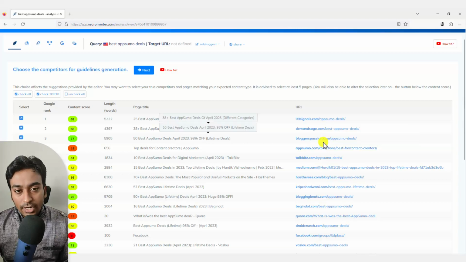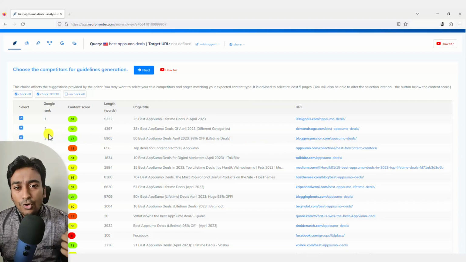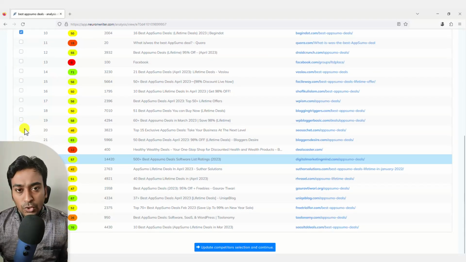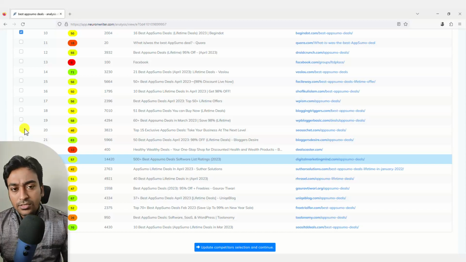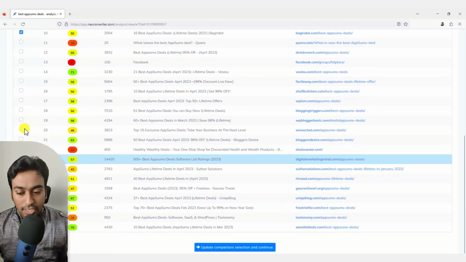Once you have decided on that, check it. Or if you find a content piece to be outdated or not fully relevant to your content, uncheck it and choose something from here. There is no good or bad number, like you need 10 or 11 or 15 content sources. Just go ahead with all the relevant information you found and click on the check mark.